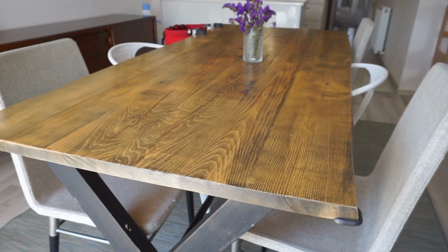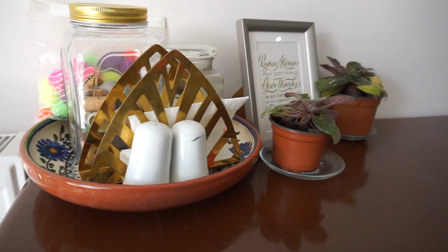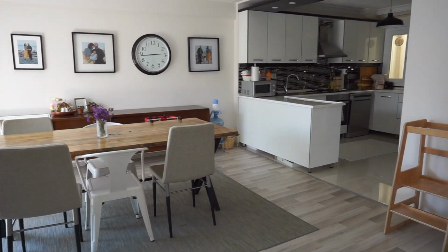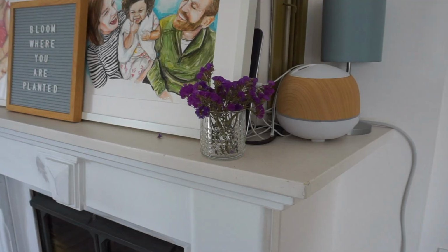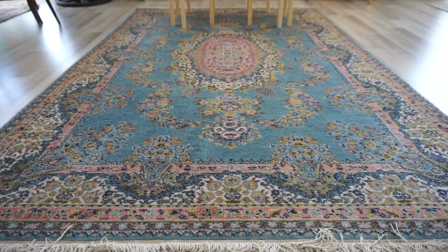Our dining table and buffet were both secondhand. They were amazing finds, and I love them, and they're also extremely heavy and difficult to get into our home. Our dining room opens up to our kitchen. Then we also have a very rare find, a fireplace in our home. The mantle also gets rearranged and redecorated and switched out quite a bit. Our friend Jaren made those portraits for us. One was a gift for Sofia, and the other was a gift from